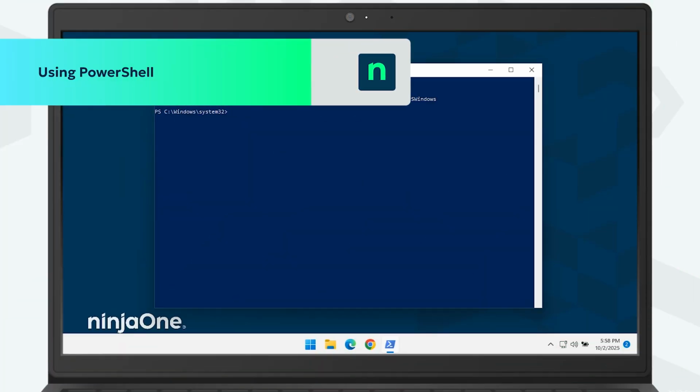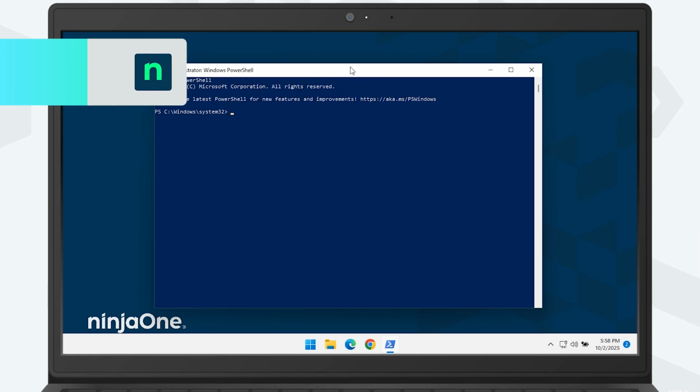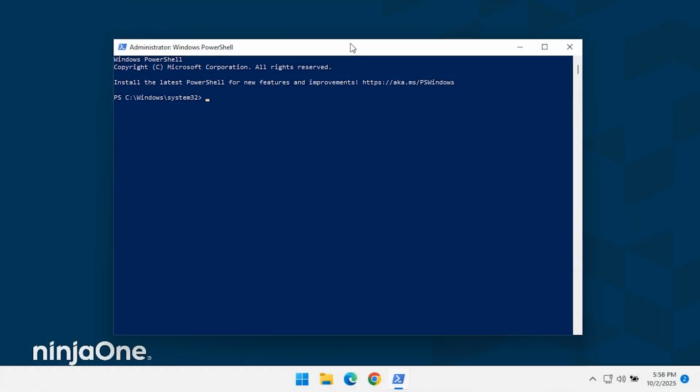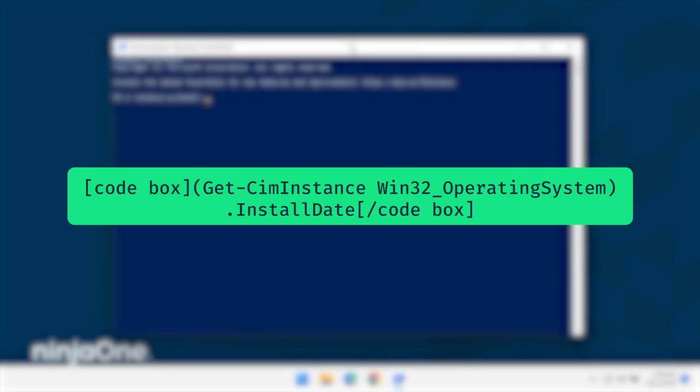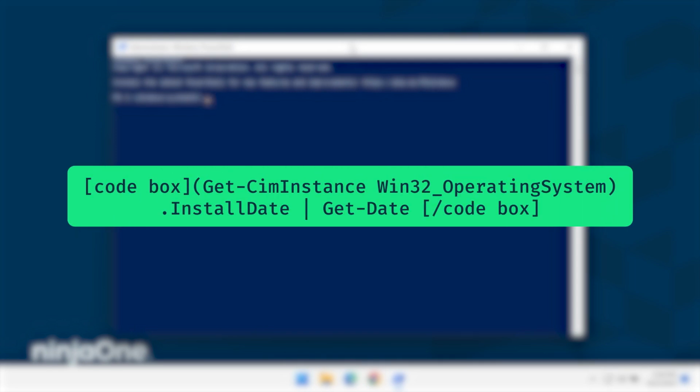Using PowerShell. PowerShell is a built-in Windows tool for automation and scripting. Open PowerShell as administrator. Run this command to get the install date. It will show a long number format. To convert it to a readable date, use